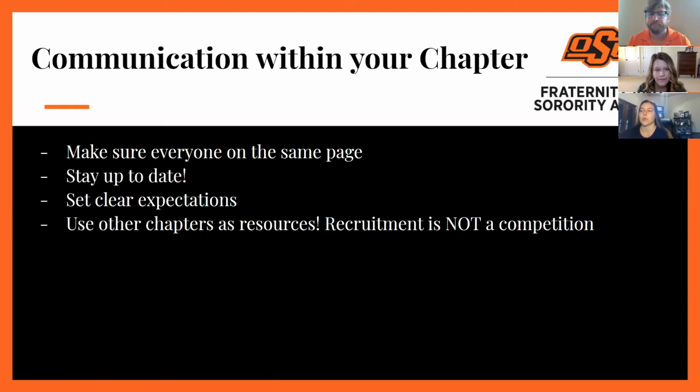Relevant. You will identify a multitude of goals to choose from, more than what you can actually achieve during your time here at Oklahoma State. Prioritize and maybe even rank those goals on levels of importance. It is vital to know your chapter's strengths and weaknesses in order to do this properly. If academics have been a weakness in the past, then maybe it needs to move up in priority when recruiting.